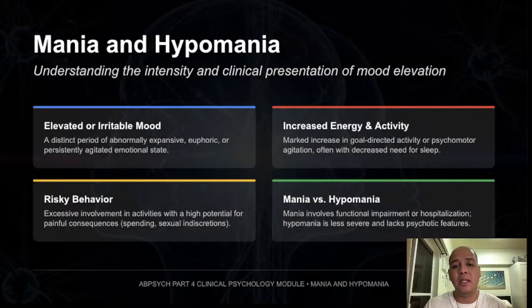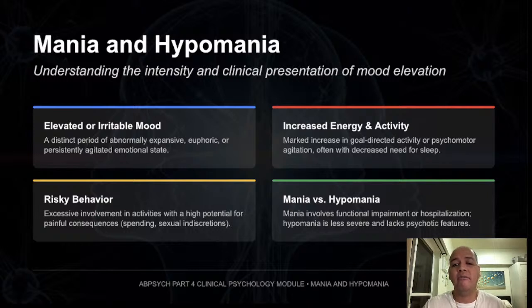Now let's talk about mania and hypomania, right? So mania is a period of, again, abnormally elevated, expansive, or irritable mood with persistently increased energy or activity. A person in mania may sleep very little, right? Talk rapidly, jump from idea to idea, become highly distractible. They feel unusually powerful or brilliant, and they would engage in risky behavior such as perhaps reckless spending, impulsive sex, unrealistic plans. Whereas hypomania looks similar, but it is less severe.